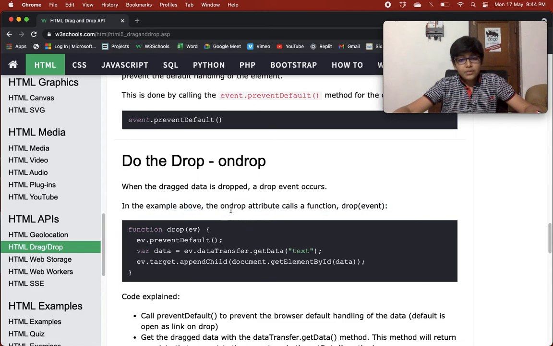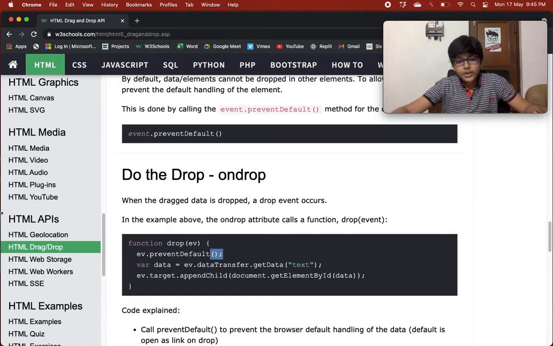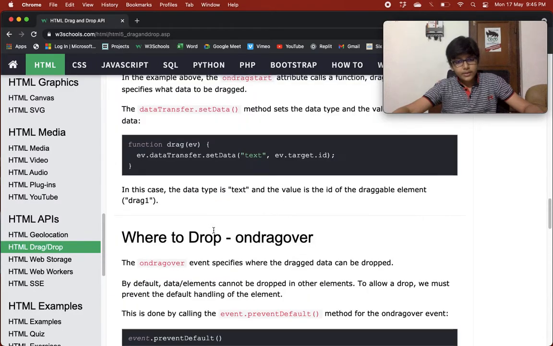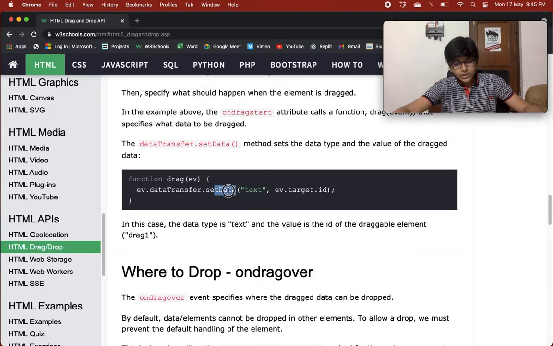In the example above, the onDrop attribute calls a function drop event. So it is calling a function drop over here and it is passing the event. It is preventing the default, so we don't need this because we already did this in allow drop. Then we are creating a variable data. In this we are getting whatever data we set over here, whatever data we set over here using the set data function,